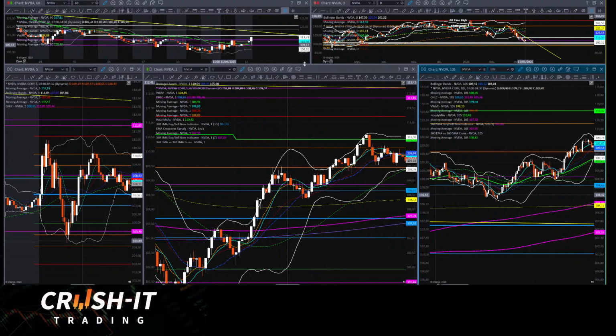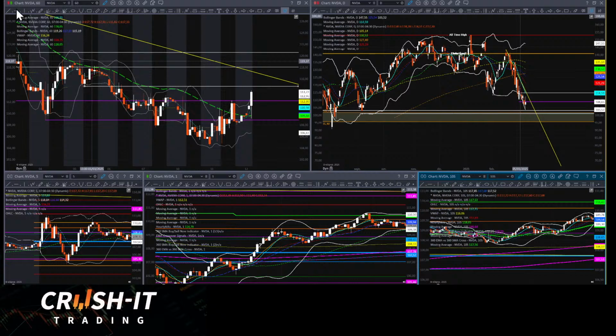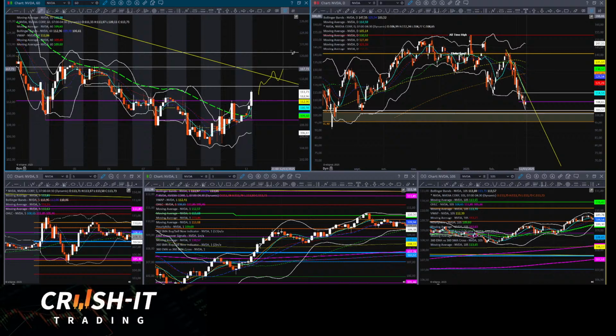I don't have a bias, but I do have a thesis if we go either way. I'm looking at a couple different levels here on NVIDIA. If we can break the 114.78 level here, look in this. I got a little bit of traffic. I got this descending trend line in here also. Otherwise, if we just get this move up here and then fade to the downside, well, we'll see how that